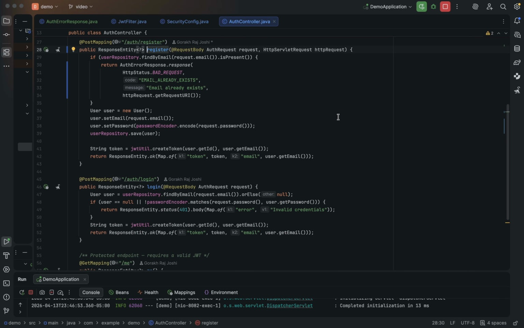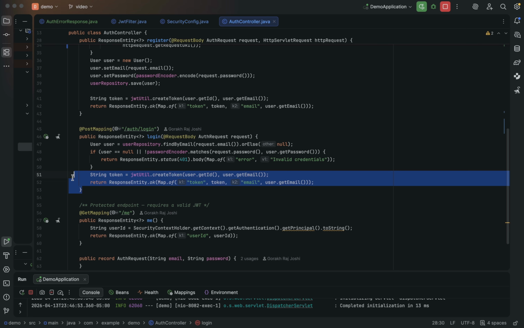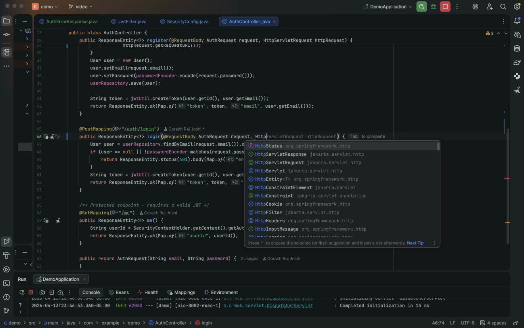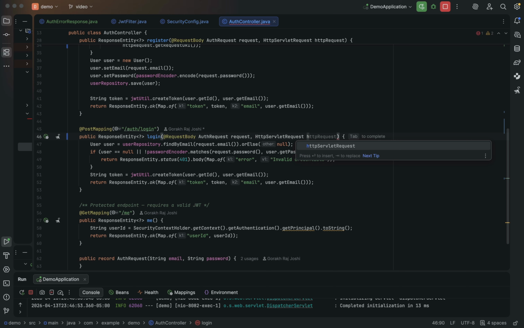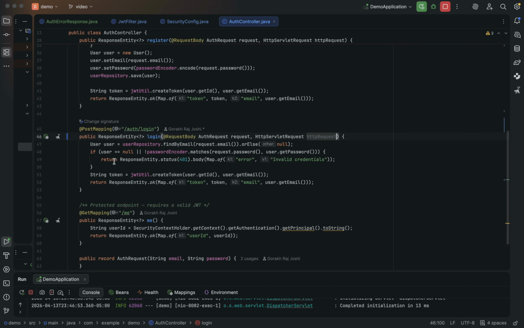Now we want to do it for the login method over here as well. So pretty simple and straightforward. Same thing we are gonna do over here. After the request, let me add the HTTP servlet request. HTTP request. Okay, now it is trying to understand what I'm trying to do over here. So here, right? So if there is